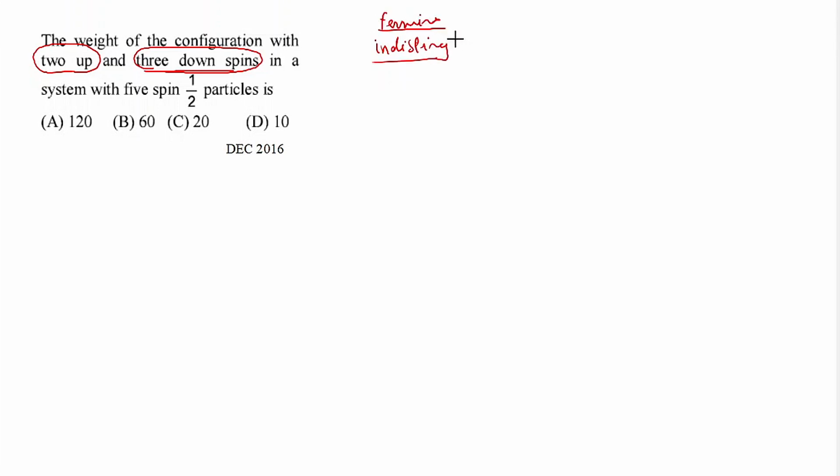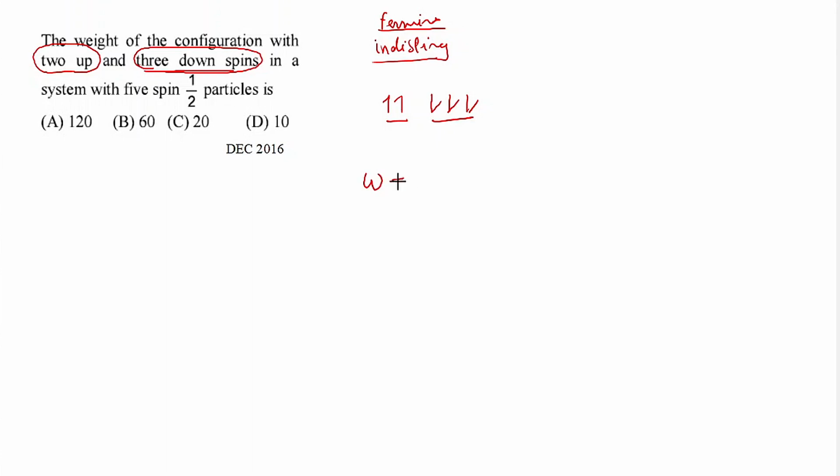Fermions are indistinguishable, but over here we are distinguishing the particles by saying that we have 2 particles that have up spin and 3 particles that have down spin. So we are identifying that we have 2 particles with up spin and 3 particles with down spin. So these are distinguishable particles, and hence we will be using the thermodynamic probability or the weight of